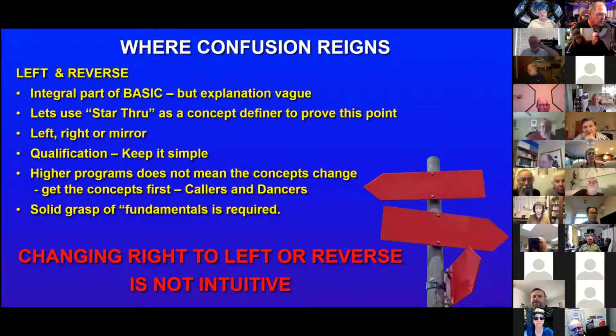left slide through. It was a short explanation to re-explain what the concept of mirror symmetry was, but a much longer explanation to explain why left and reverse concepts won't work in many cases, even when the explanations should say they should work. First, let's have a qualification. New or newer callers, when you're exploring left concepts and reverse concepts beyond what is named in the definitions or what is clearly named in the programs,